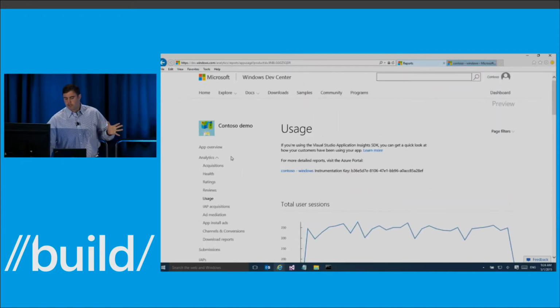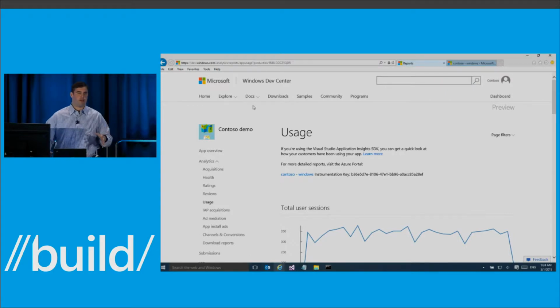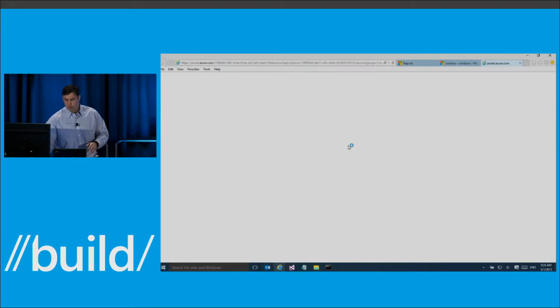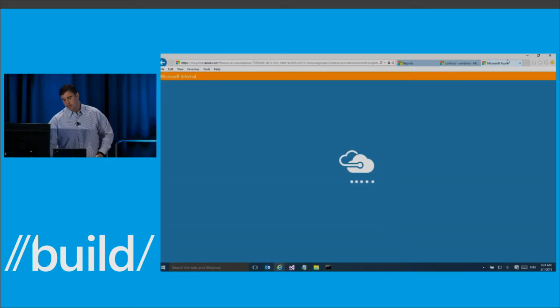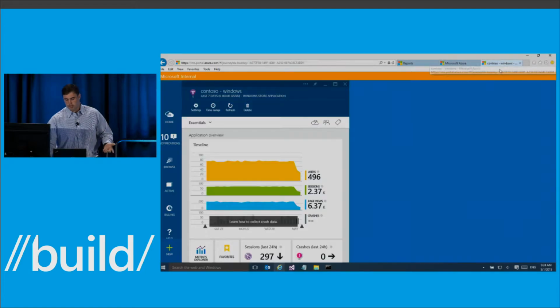All of the reporting you've seen in this app usage report here is a summary view of the very detailed, granular data that's collected by the SDK. And it turns out that we have another view of that data that allows you to go much deeper. That's offered in the Application Insights reporting portal that's available to you by the link at the top of the app usage page. You can click on it, and it'll open up the portal here. It takes a couple minutes to download and open, but I already have it open because this is a great demo.